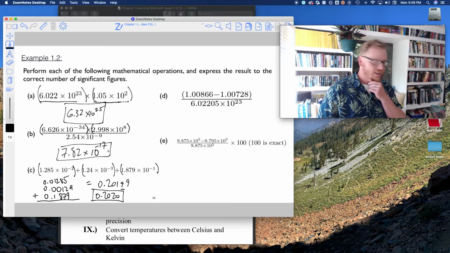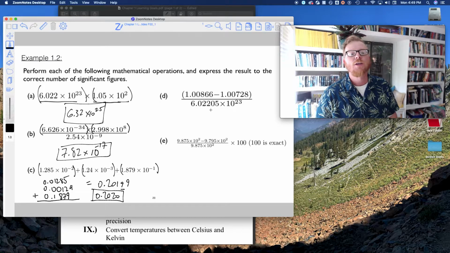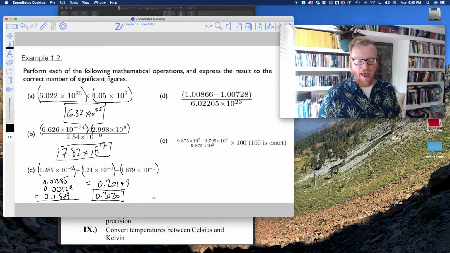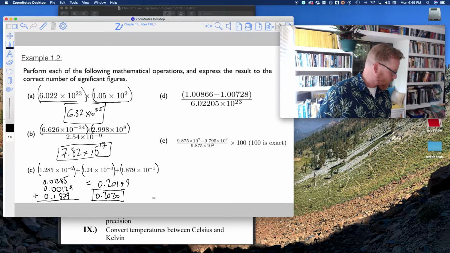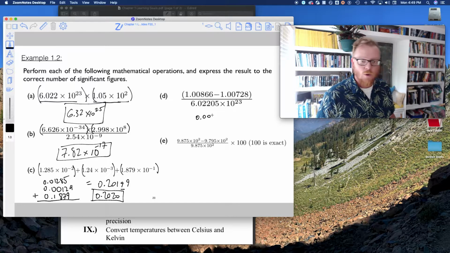Okay, so what about this letter D that has mixed operations, right? It has a subtraction and then a division. So we need to follow the order of operations in math, which says we're going to do the subtraction step first. So when I count these decimals, 1, 2, 3, 4, 5, and then here, 1, 2, 3, 4, 5, oh great, they both have the 5, so I can keep that. And when I do this subtraction on top, I'm going to get 0.00138. So we said 5 decimal places, and then now divide by that